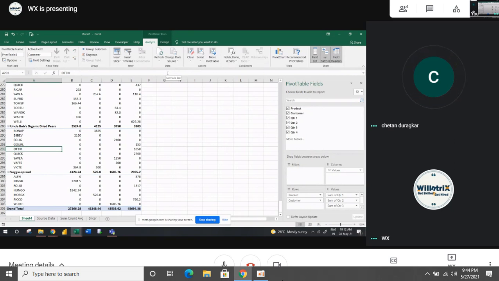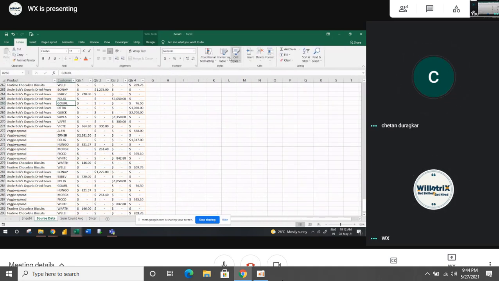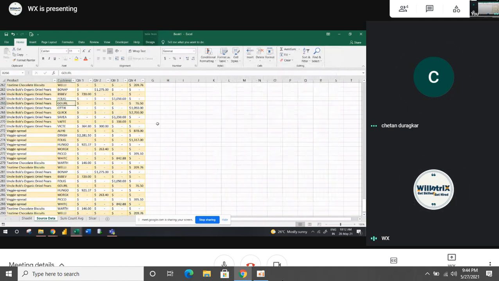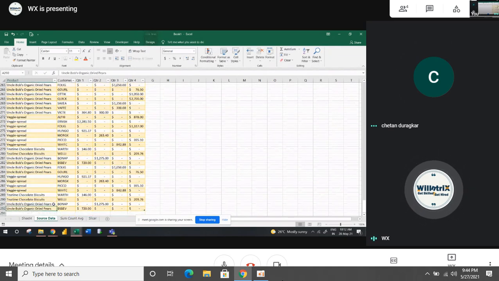Akash, can you show once again how to convert that data to a table? Be on the data, Format as Table, then select any one of these. You have to convert it to a format as table. That's it. If we add new data there, it will be in the table format only. Yes, whenever you add, it will automatically append that data. See, I will just copy and paste it, and it will convert automatically.